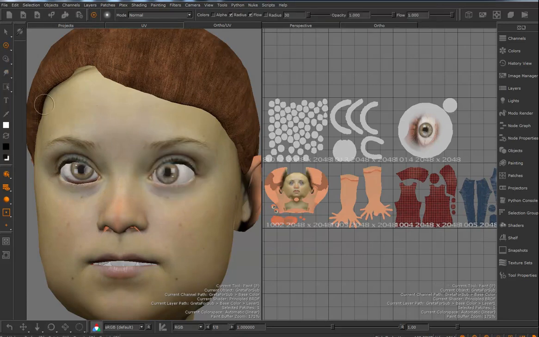Okay, and switch to something like this so we can see the textures are back, everything's cool. And I gotta do some more work on this eye. I'll do that in a later video. But now if I go to